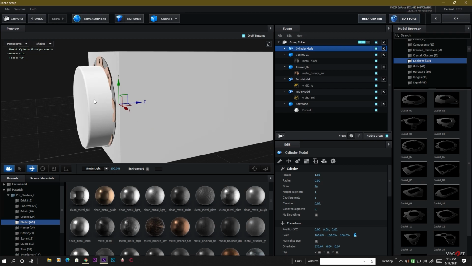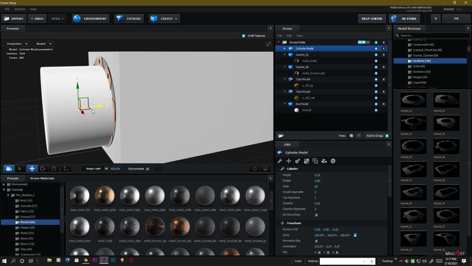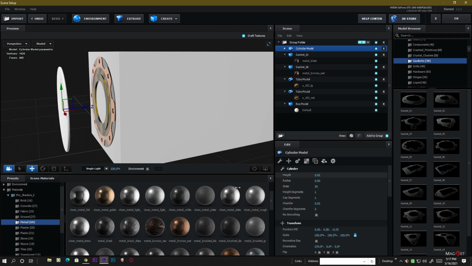So we need a very thin piece of this, so select this scale shape, or you can also decrease the height from there. So first we decrease the height, so make it a very thin line here, and also we decrease the chamferness